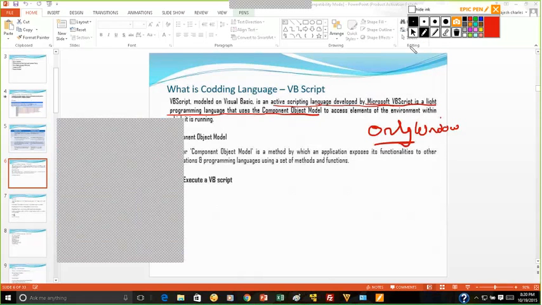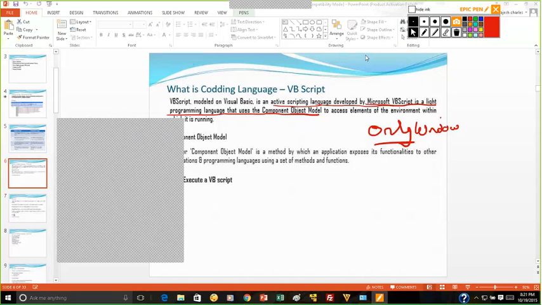How do you configure QTP with Mac? We cannot. It will not run in Linux, Unix, Mac, AIX, any other platform other than Windows. So if you want to automate using QTP, it has to be Windows.